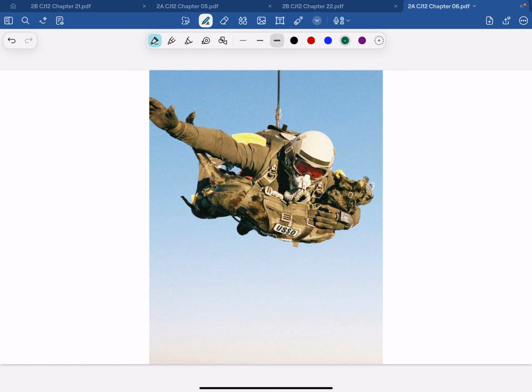Yes. Did you catch it? Oh, there is a dog. What's the service person got attached to their front? A dog. Okay. There's a lot of reasons I'm showing you this picture. The men and women of our armed forces do some pretty amazing things. And one of them is they work with animals. Okay? These animals are designed to do a variety of missions, but this picture has always captured